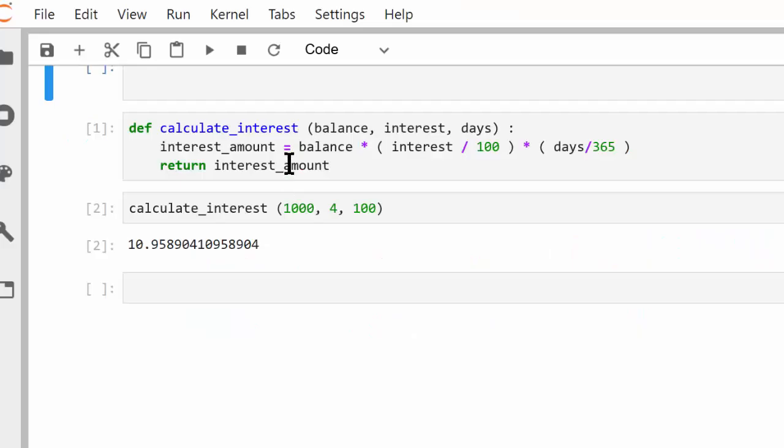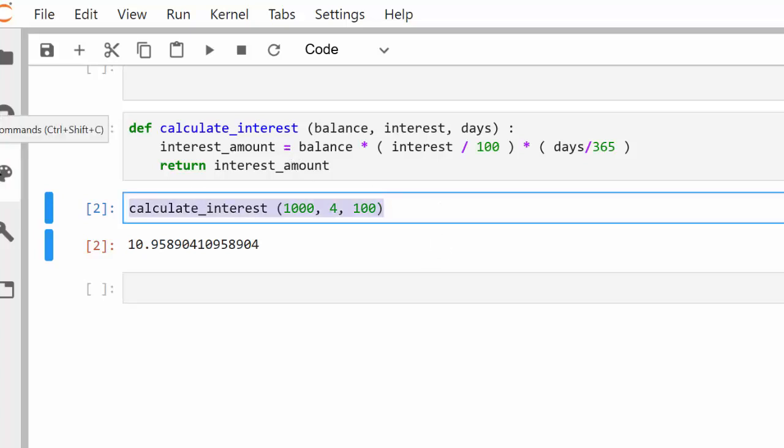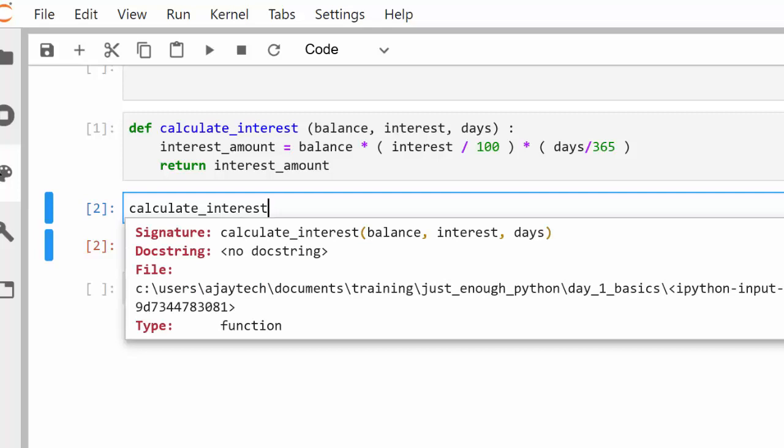Let me give you an example. We have created a function like this. Now I want to calculate the interest, and I'm a user of this function. So I type calculate underscore interest. Each editor has a way to prompt what this function does. In this case I'm using Jupyter; I could use Visual Studio Code, PyCharm, or any other editor. In Jupyter, if I press Shift plus Tab,